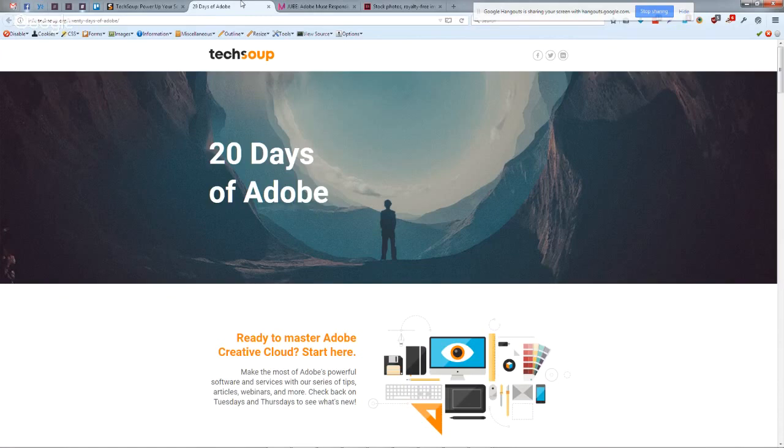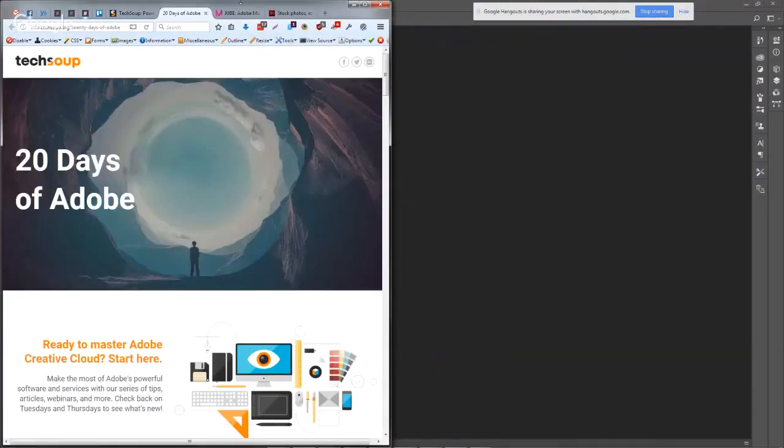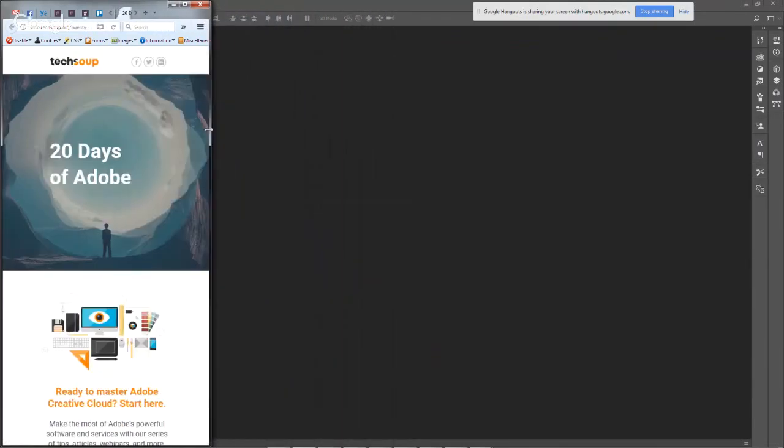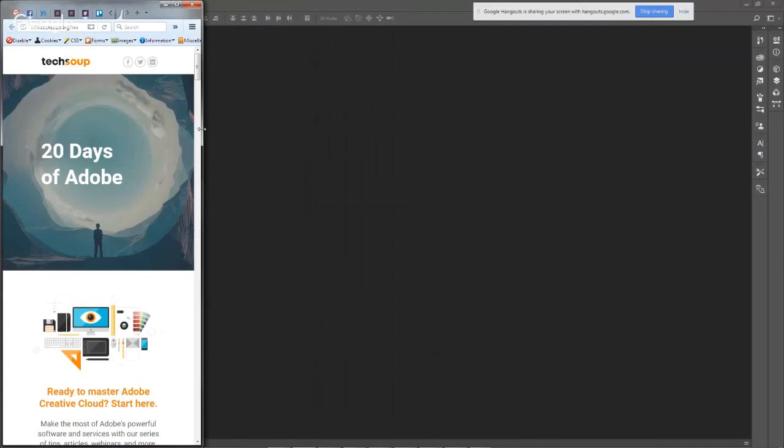The reason I brought up our 20 days of Adobe site here is to show you exactly what responsive looks like. Right now, I've got the desktop version of the site open. Now, if I shrink the width of my browser to be more like a mobile phone, you'll see how this content changes. So right now, it's still wide enough for desktop. But if I click and drag, you'll watch the content snap. There we go. Now that the browser window is narrow enough, sort of like your phone, you can see how